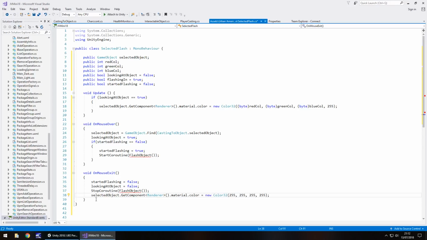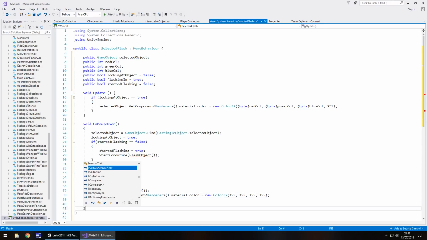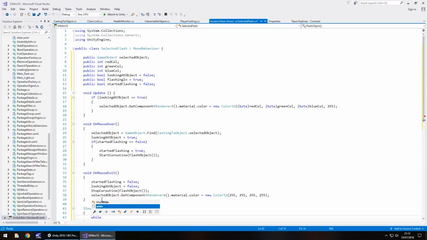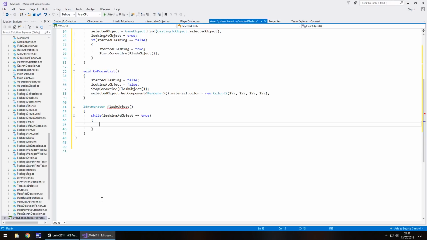So the final thing we have to do is where it gets not too complicated, but it can get a little bit confusing a little bit quickly. IEnumerator, and we call it FlashObject. Open close bracket, open curly bracket. And the first thing we need to do is while, and in brackets, looking at object equals true. So while we are actually looking at that object, so while we want it to be highlighted, we're going to